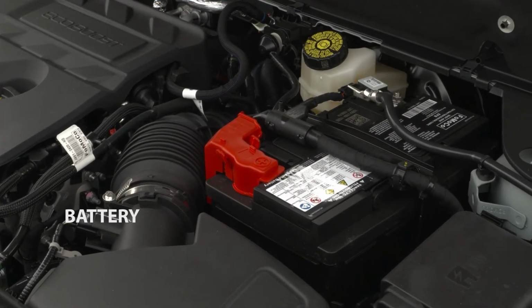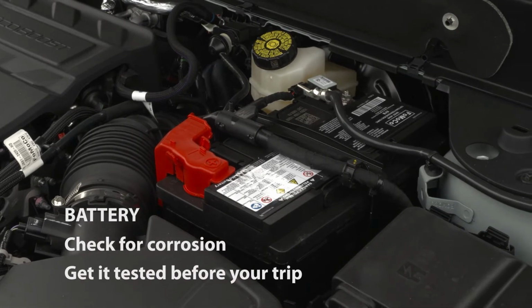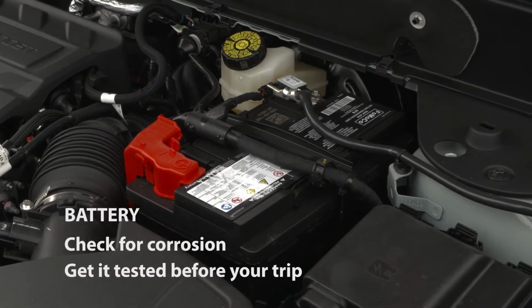When looking at your battery, make sure to look for corrosion on the battery itself and pay attention to how well your vehicle starts. You may want to get it tested beforehand, as the battery is likely the #1 thing